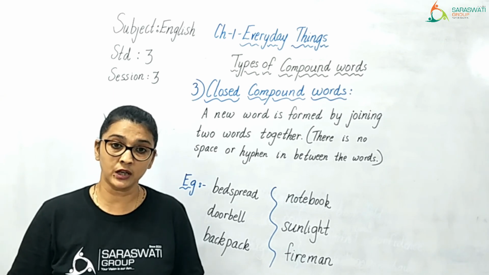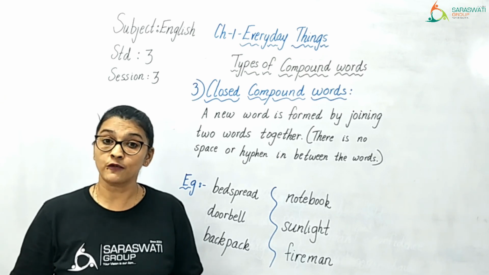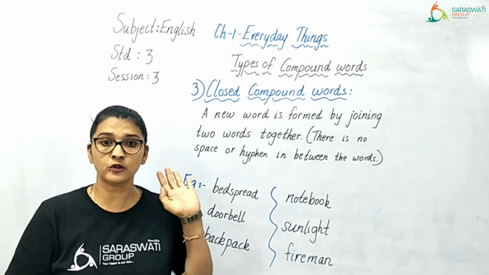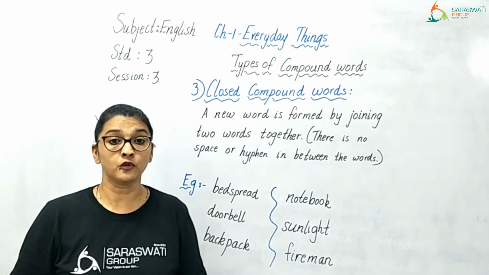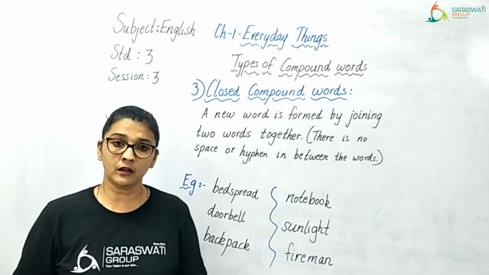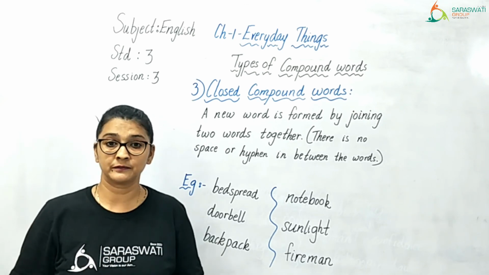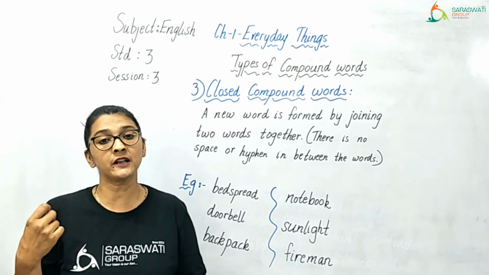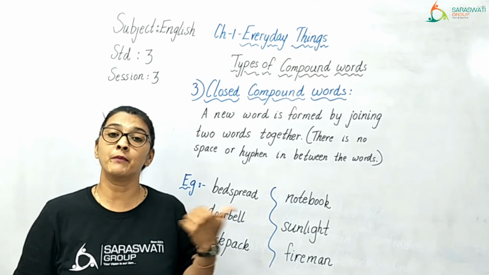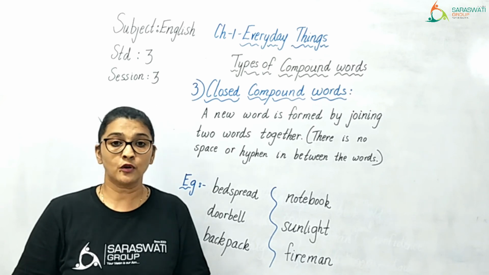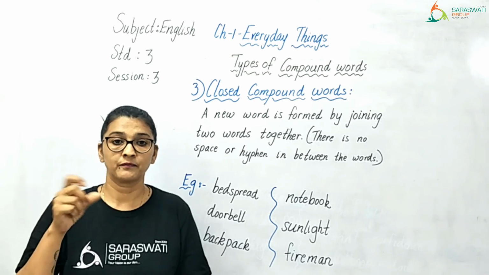In question number 3, it is a sort of little bit of test, that all the things which we have learned in this video lecture, that is closed compound words, a compound word will be given and you will have to identify which two words are joined together to make this word. So you have to identify which are the two different words that have come together and made this compound word. So two blanks will be given, then you will have to write the two words. Okay?